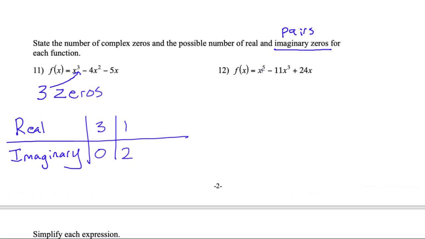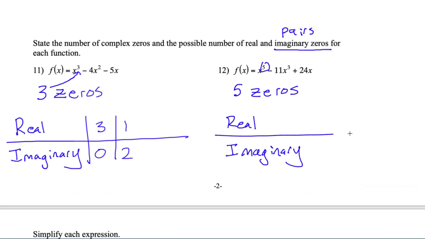Same thing over here. I have 5 zeros. And from there, I need to make a table of real versus imaginary. All right, well, I could have all 5 of them be real, which would mean none are imaginary. I could have 3 of them be real, 2 of them imaginary, or I could have 1 of them real